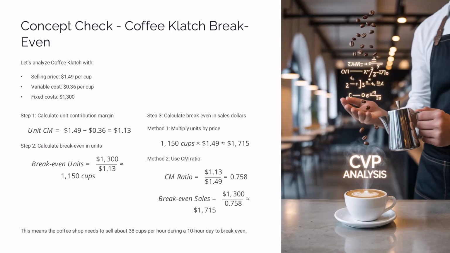impossible in their location. When Sweetgreen was expanding, they calculated that each store needed to sell 800 salads per day to break even given their high real estate and labor costs, which is why they only open in dense urban areas with high foot traffic and affluent customers willing to pay $15 for a salad.